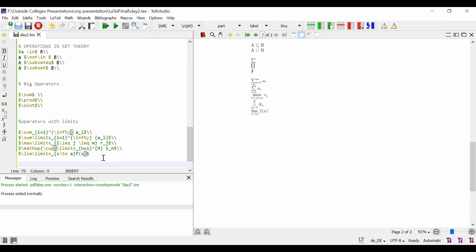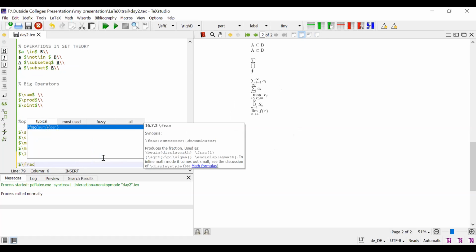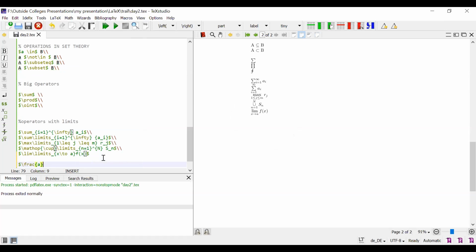How do you perform the fraction? Dollar symbol, then backslash frac, which is the keyword for fraction. Fraction of a b, with the braces.